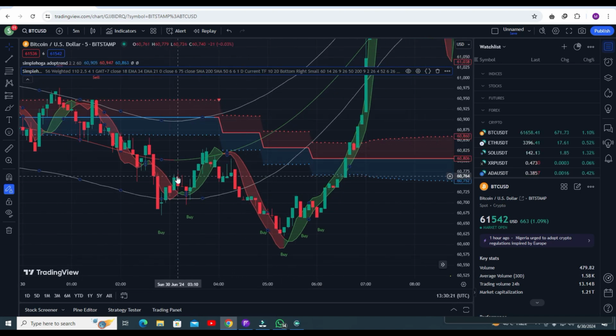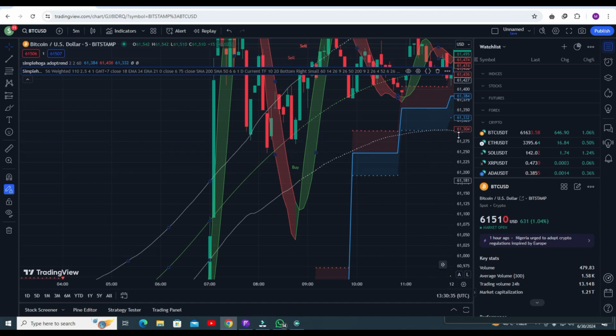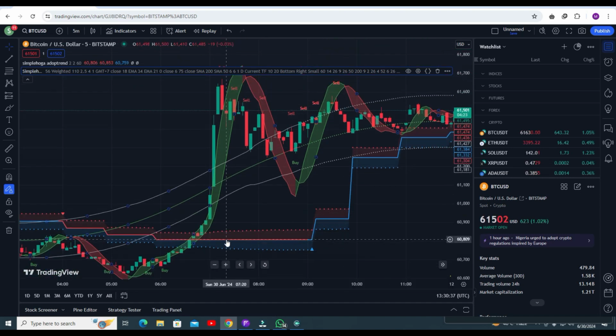This is the first strategy. I'm telling you, just listen to the second strategy and you will definitely love it. Just go for the sell trade if the trend line is red. Let's wait for the sell signal. And now you can see this is the sell trade and you got the sell trade.